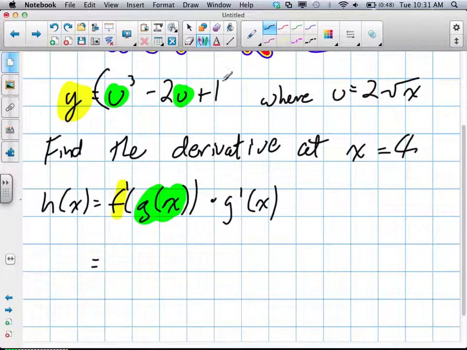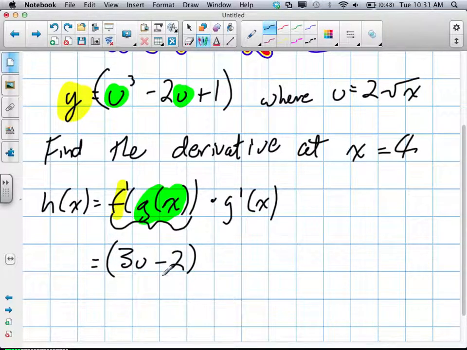Since this is our first function, our y, they've left it at the derivative of this being 3u minus 2. That is this part of the function right here. Okay, that's our outside function, our f prime, and they've derived it. Okay, u is technically still inside the function. U represents our g at x, and then they multiply it by the derivative